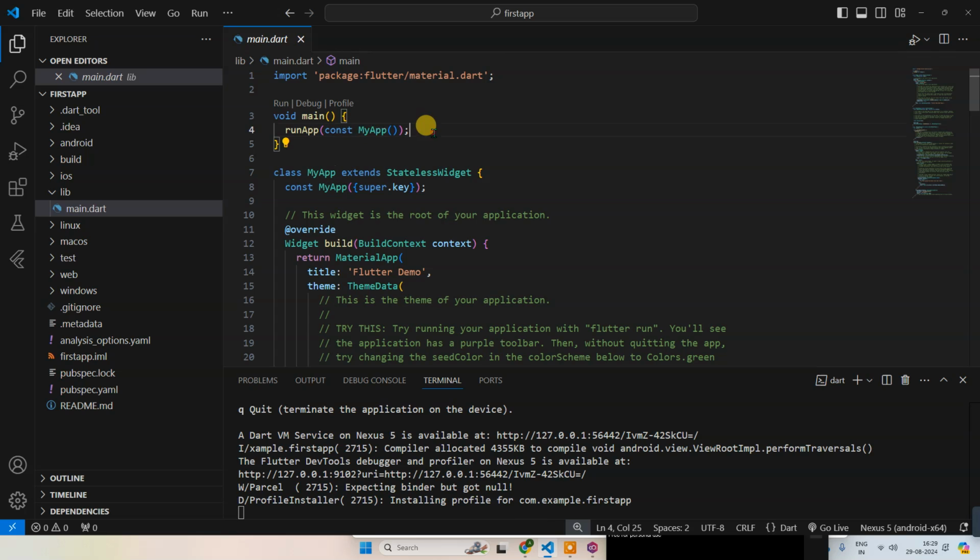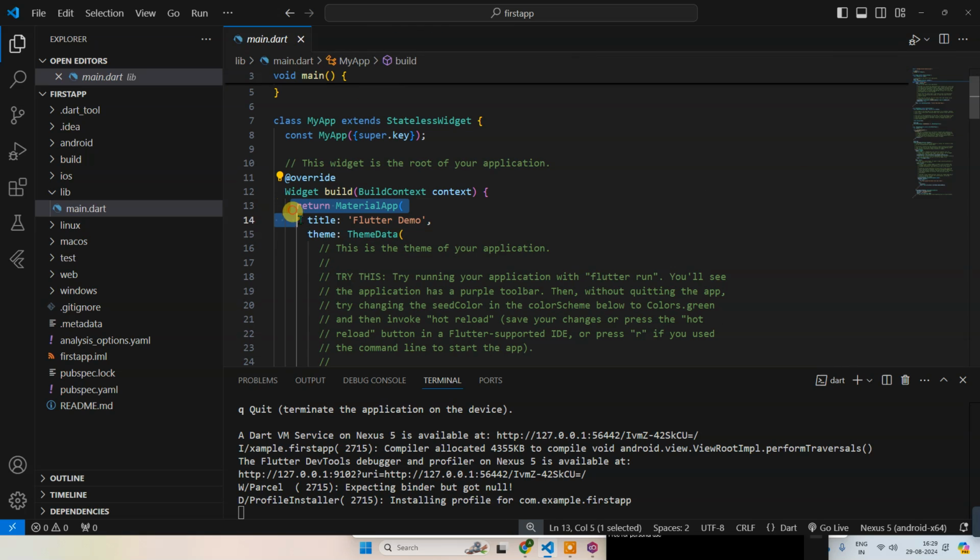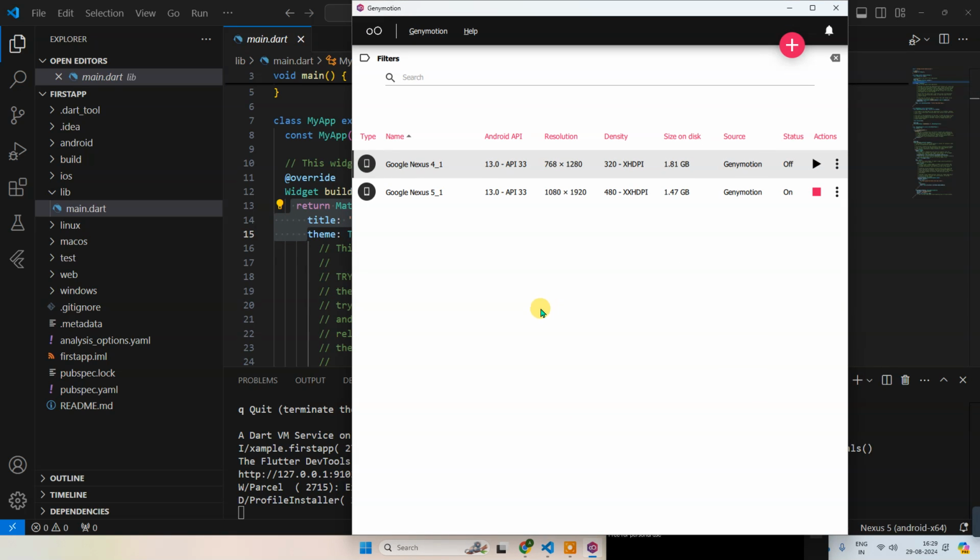Now after that, this is MyApp, which is called inside this function. We are calling this class. After this, this is the constructor of the MyApp class. This is the super constructor, that means the constructor of the parent, and this is the constructor of this class. And finally here, the widget. Everything in Flutter is a widget itself. So this is the widget, and return means